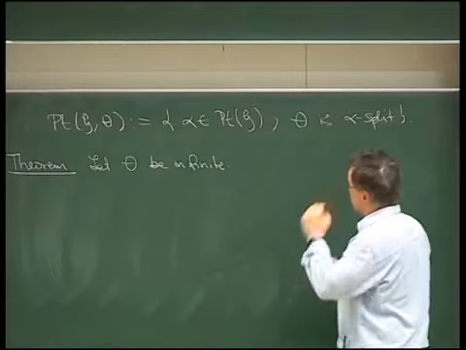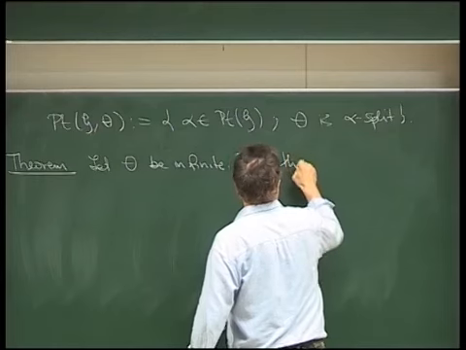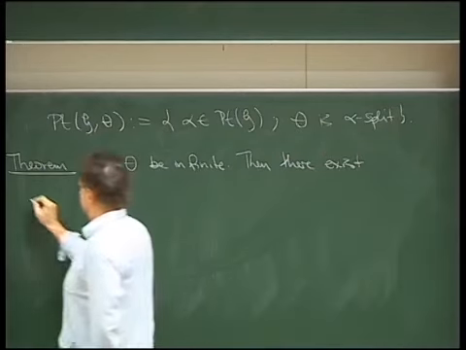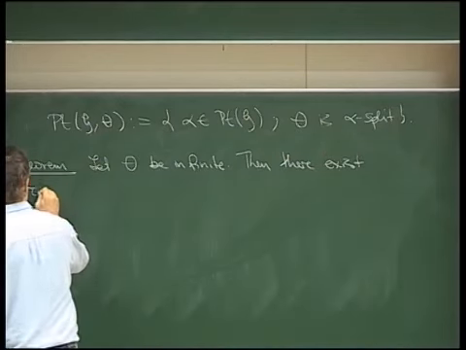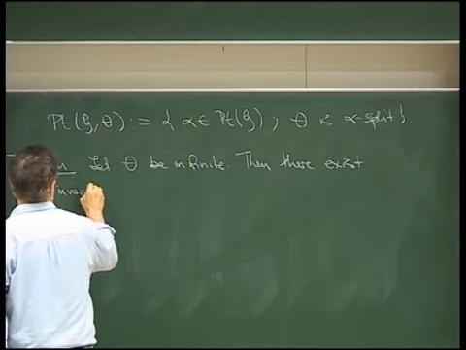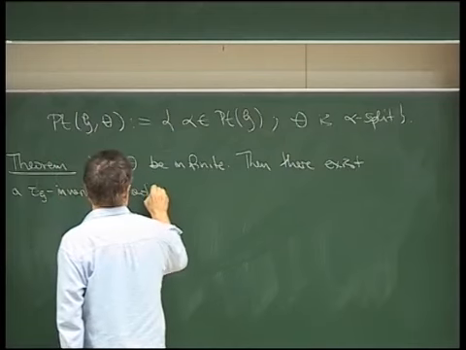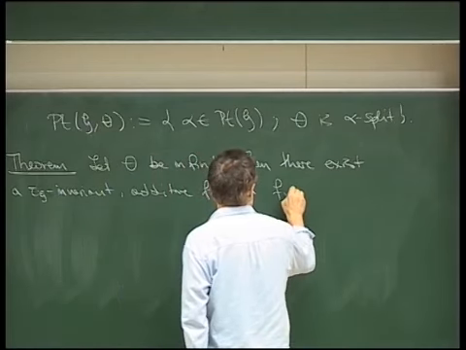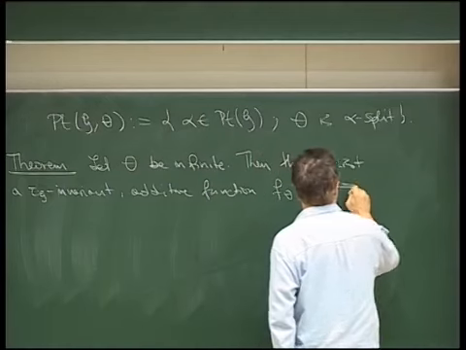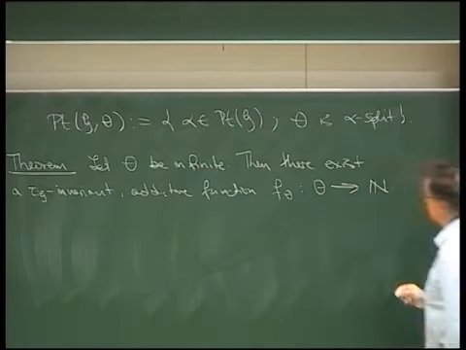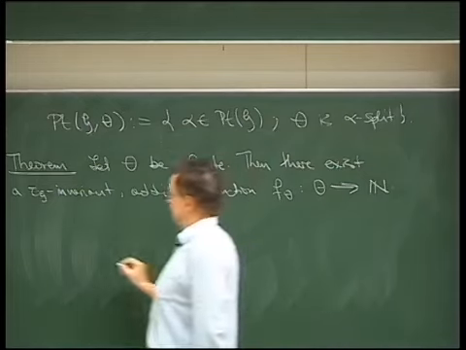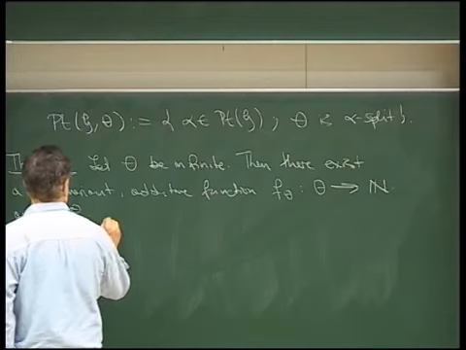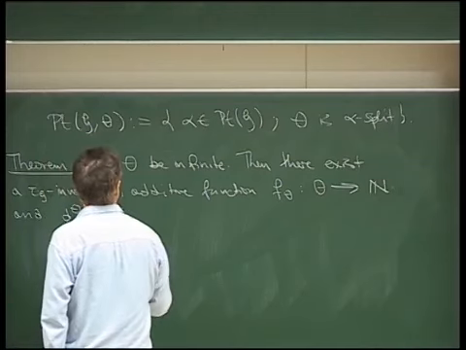Be an infinite component. Then there exists a tau-invariant, tau g invariant additive function f theta, from theta into the natural numbers, now excluding 0, and a function, say, d theta from this set here,